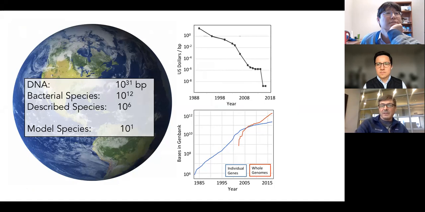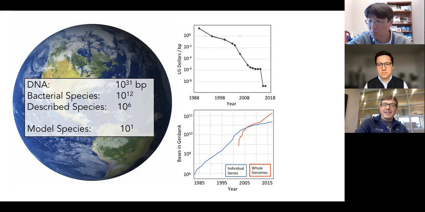So it's been estimated that there are 10 to the 12th different species on Earth, of which we've only described about 10 to the 6th. So we're 6 orders of magnitude away from describing all the bacteria that are out there. I mean, that is a remarkably small fraction of what's available. And it's an even tinier fraction if we look at what can actually be engineered. So 10, 100, we could argue about the numbers, but there's a limited number of model species that we're really good at engineering compared to what the capability is.